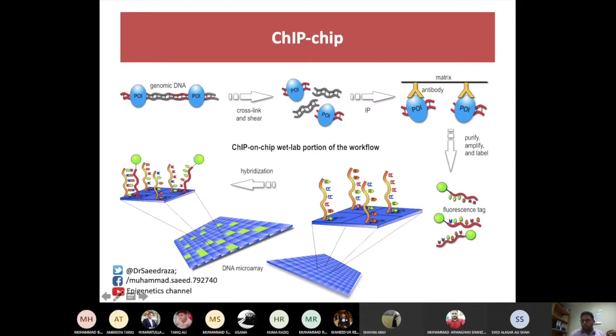On the other hand, you could use this protein, which you have just purified, for SDS-PAGE analysis and mass spectrometric analysis. Maybe you want to do hybridization or anything else, you could go further. So this is a simple workflow of ChIP-on-chip analysis in which you perform the ChIP. This is the normal ChIP, and by the end you get the DNA and you go for chip analysis,